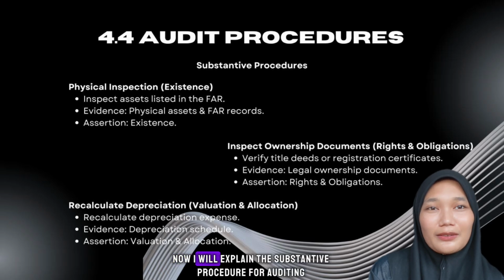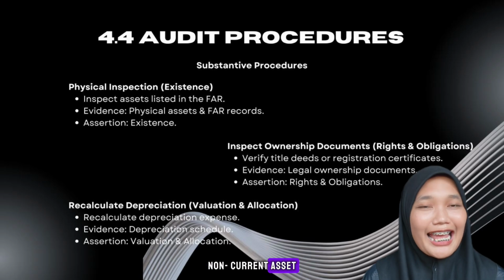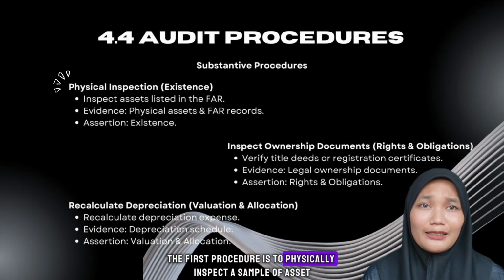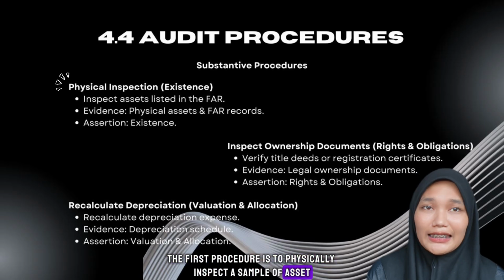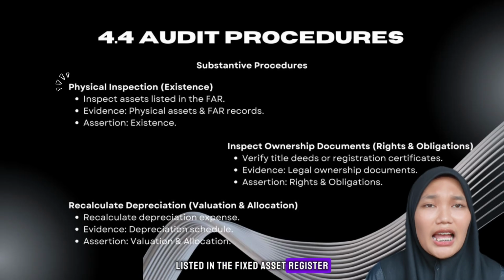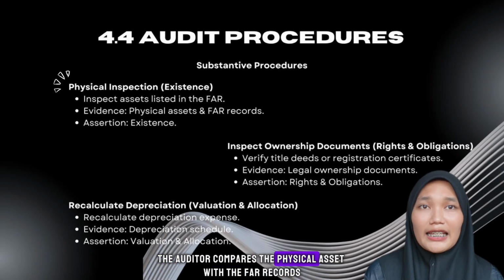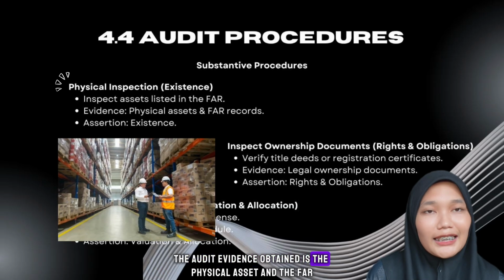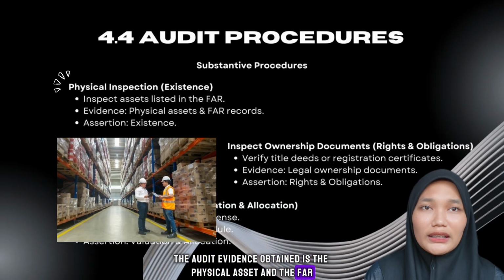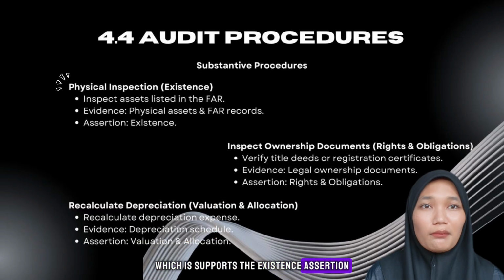Now, I will explain the substantive procedure for auditing non-current assets. The first procedure is to physically inspect a sample of assets listed in the fixed asset register. The auditor compares the physical asset with the FAR records. The audit evidence obtained is the physical asset and the FAR, which supports the existence assertion by confirming that